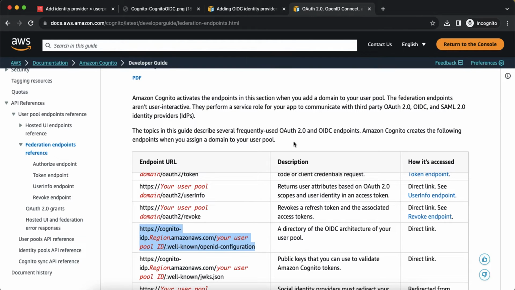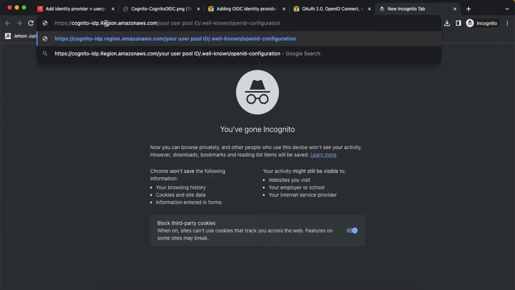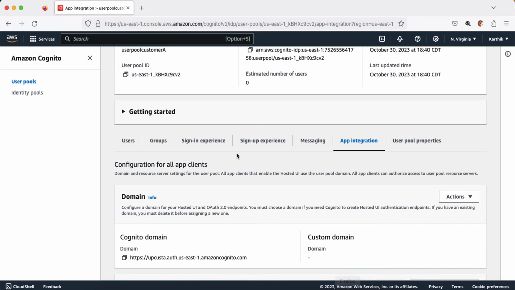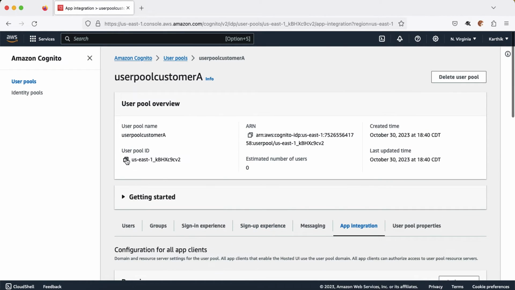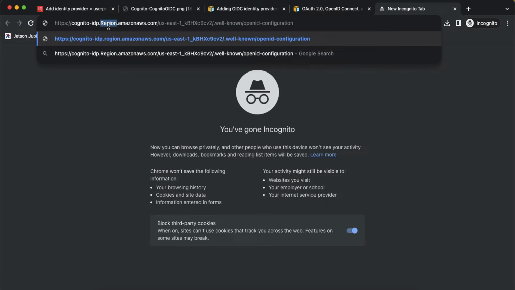So copy this, open a new tab, paste it here, and here we need to replace the region and the user pool ID of your customer's user pool. So your customer's user pool ID is this one. Copy it and paste it here. And region is